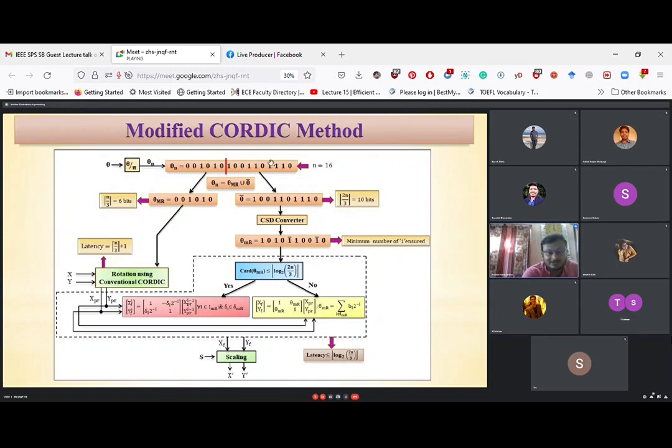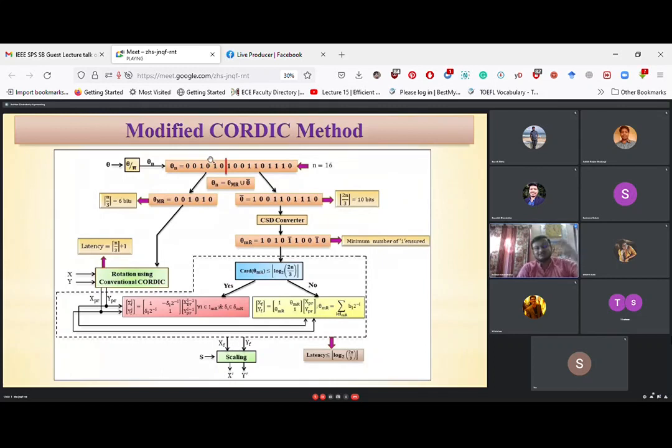Okay, so what we have done, we have applied approximation by using a CSD converter, and by using certain thresholding. And by using this approximation, we can get an almost accurate Cortex method. But here the computational load, that is the latency, varies with the logarithm of the bit width, not linearly with bit width. It varies with the logarithm of bit width, because the idea was that the lower significant bits are generally more in number than the higher significant bits, but the weights of the higher significant bits are more.